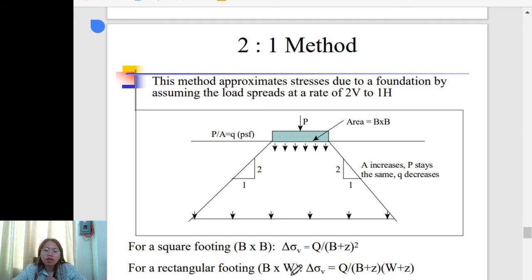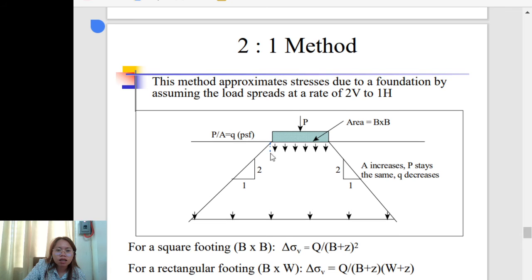And for a rectangular footing, B times W, meaning the dimensions are not the same, the base has a width. So the change in stress is equal to the concentrated load divided by B plus Z times W plus Z, if the dimensions are not the same. Why plus Z? Because if this is Z, then using the 2:1 method, meaning this distance here, this will be 1/2 of